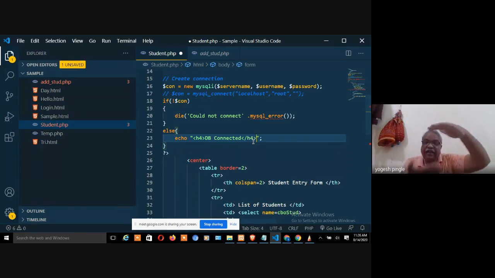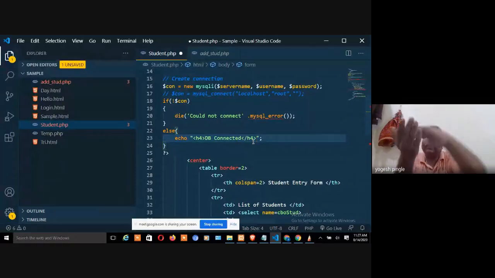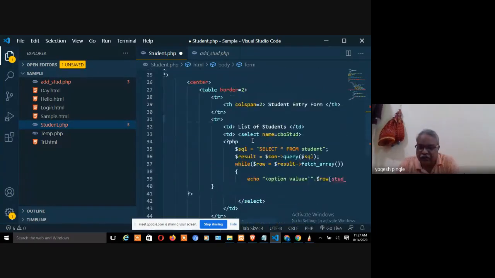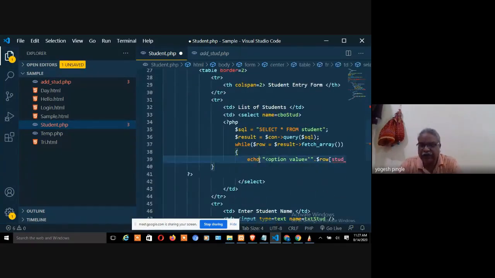And what have we already done? We have put PHP inside HTML. Now HTML inside PHP and PHP inside HTML, you can nest anything like this. So there is no restriction like this, right? So if I am writing H4, I will execute it afterwards. So look over here. Echo. So now I have written here option.